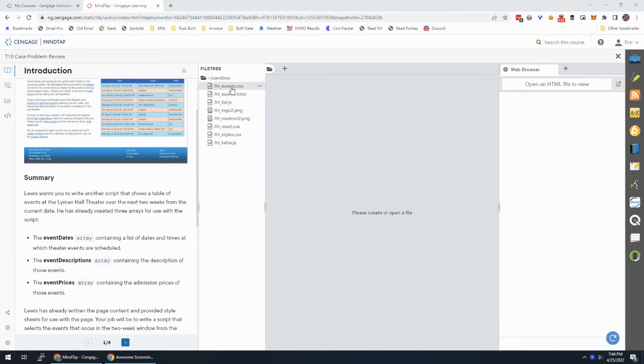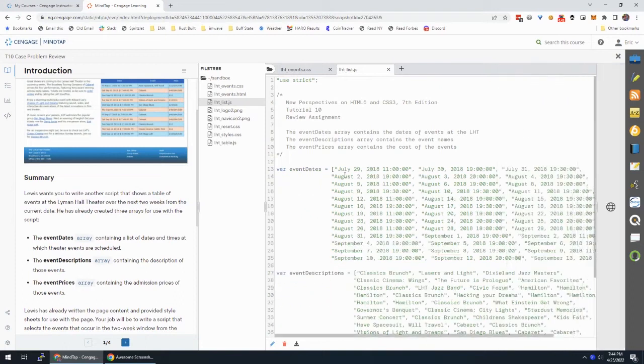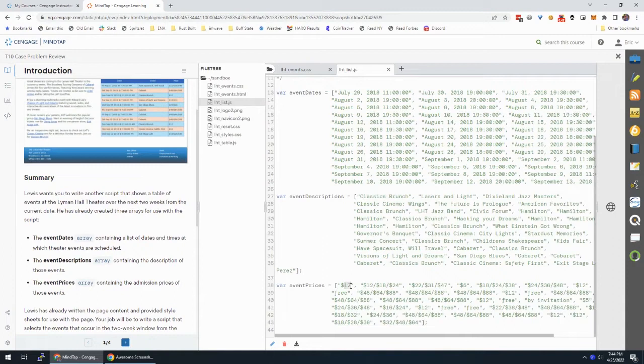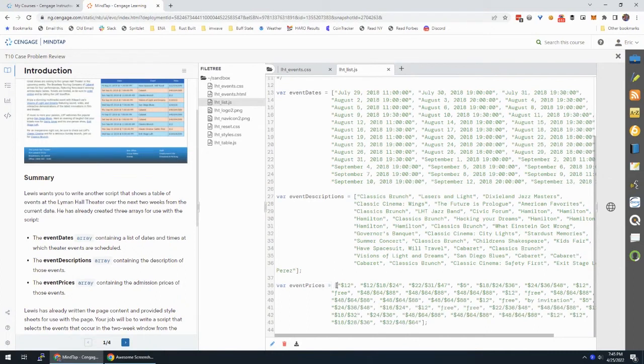If we look at, not the CSS, the list. If we look at this list, let me move this out of the way. These are the dates and the event and the cost. All right, so we have event dates as an array, event descriptions as an array, and event prices as an